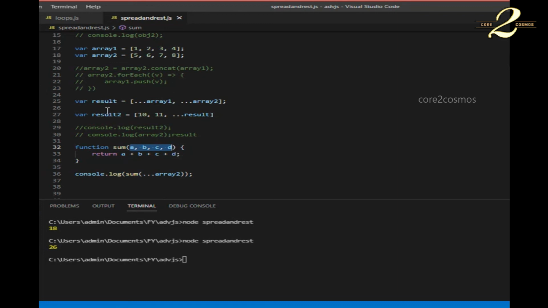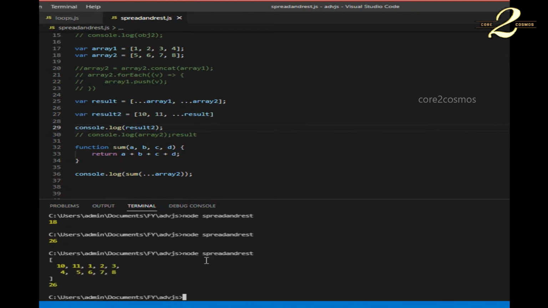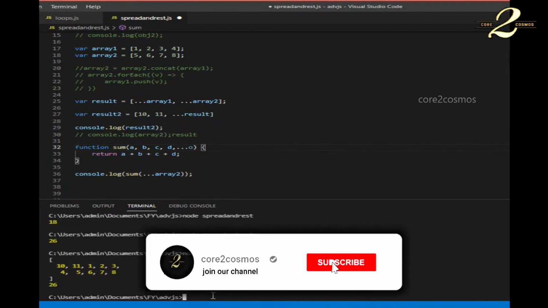So what if I pass this result? It now has more elements. These four elements will be spread and passed for A, B, C, and D correspondingly. If I have to capture the other elements, I have to say dot dot dot here, and then some name. So if I want to capture the left out elements in the function call, whenever the elements are passed via the spread operator,